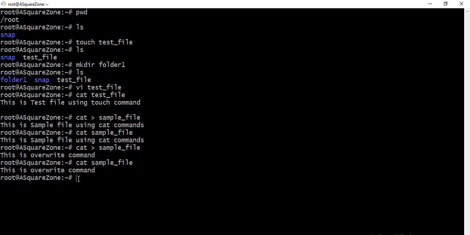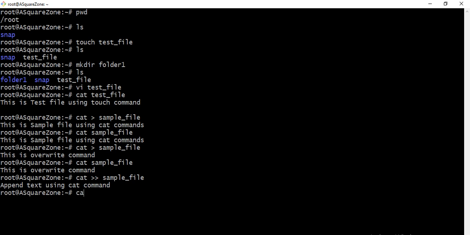Instead of doing this, if you want to append a line in the same file, you can use cat double arrows, or double greater than, with the same file name. Here again we can add append text using cat command. Again we have to give Control D.